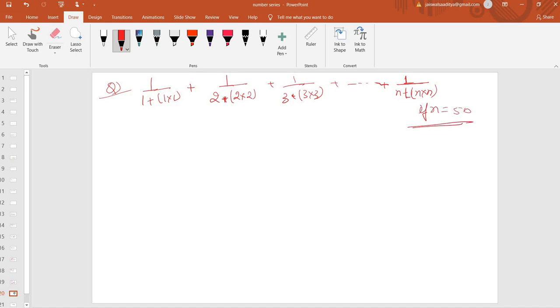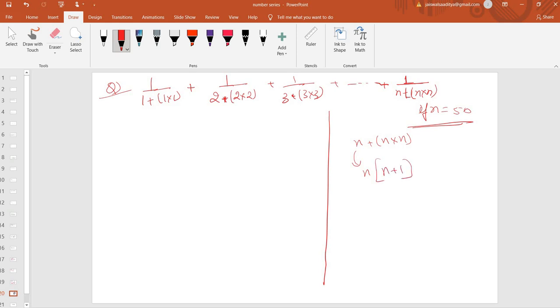So see, there's nothing in this. I just want you to pause the video and solve for a while, because I know some of you can do that. It's good if everyone can do that, but it's my duty to solve these questions, so I will solve this. See, n plus n into n. How can we write it? If you take n common, n into n plus 1.